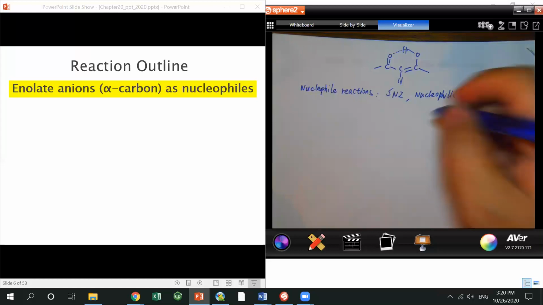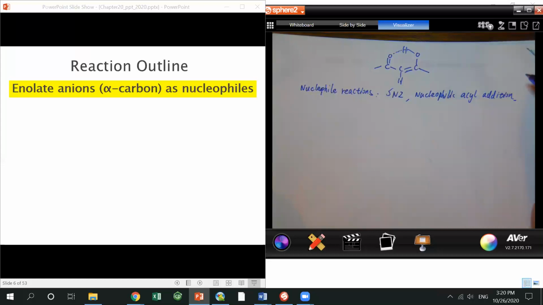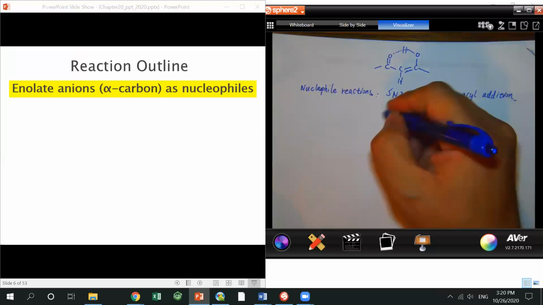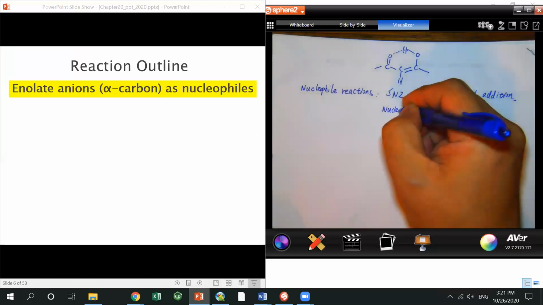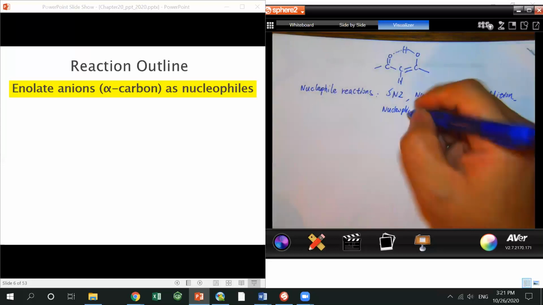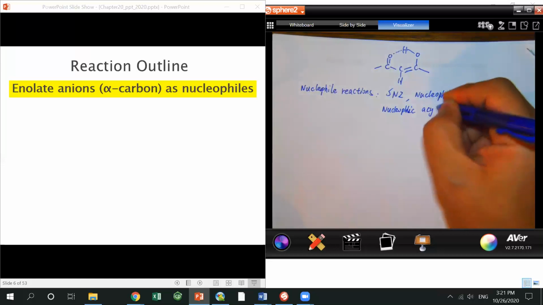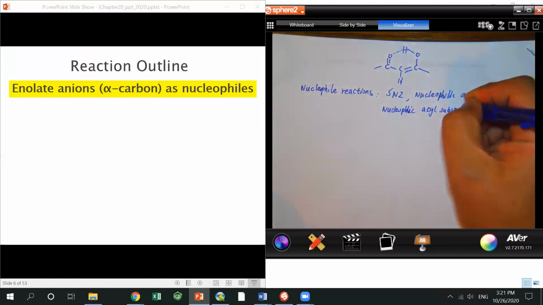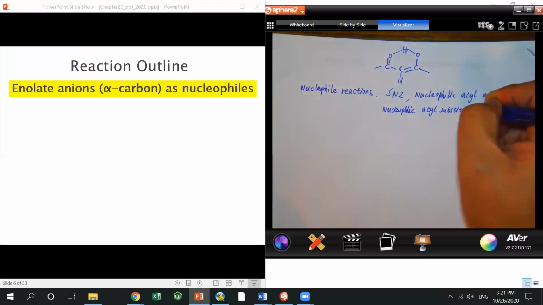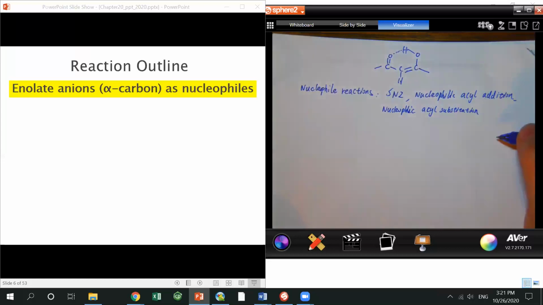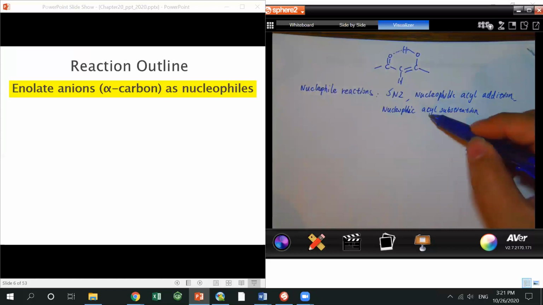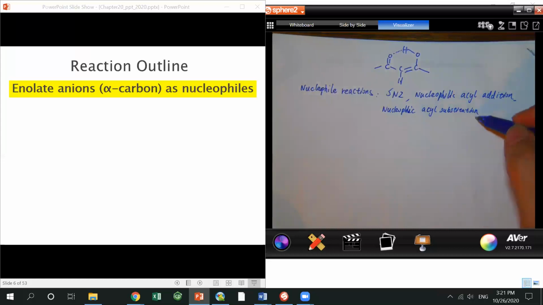Chapter 19, the reaction we call nucleophilic acyl substitution. We just covered chapter 19: some nucleophile comes in and can replace the leaving group. That's why I call it substitution, nucleophilic acyl substitution. And then another one, probably listed here,